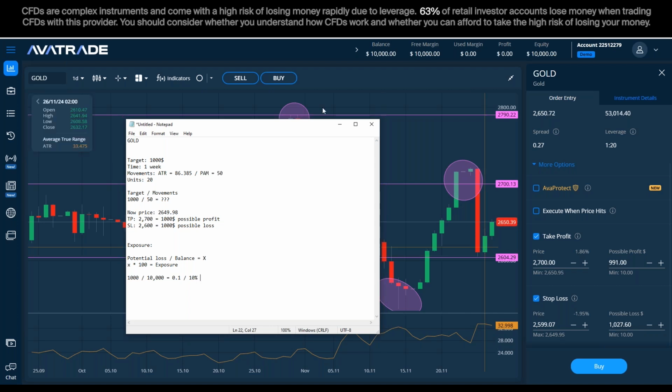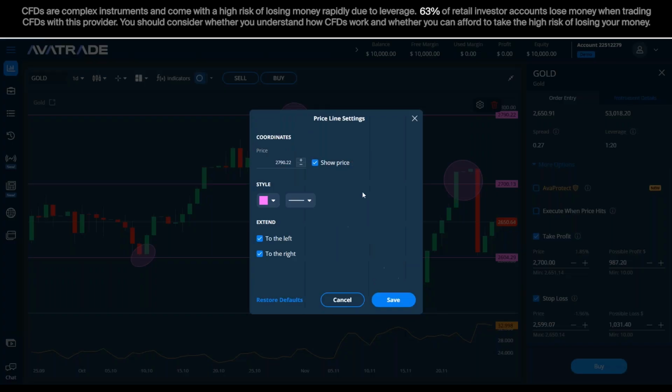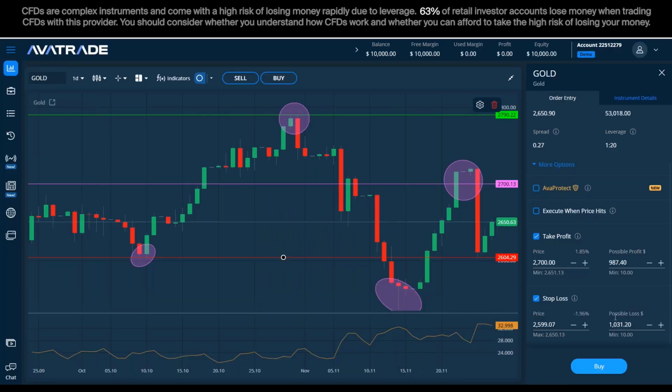management. Now, the way that it can be done to reduce the possible loss while maintaining the profit ratio is simply by getting the stop loss closer to the entry. Of course, I need to be careful when I'm doing that. But if I reduce it from 2,600, I'll go a little higher to 2,625 as an example. So as you can see, instead of expecting $50 down, I only expect $25 down. And then I enjoy a ratio of making 1,000 and potentially losing only 500.